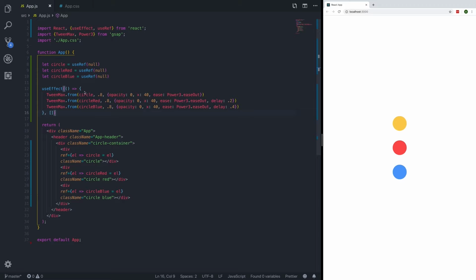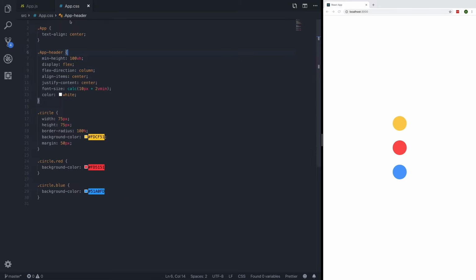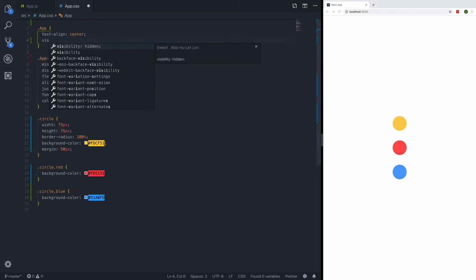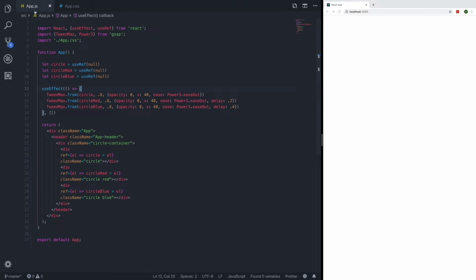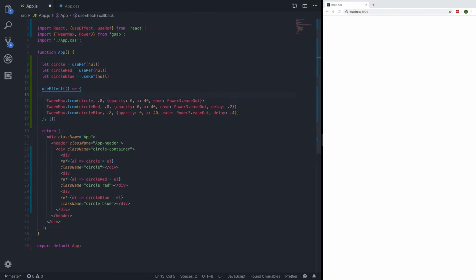So what we could do is set the class name of app, which is our parent. We could set this to a visibility of hidden in CSS, and then in our useEffect, which means every single DOM element's loaded, we can then set the visibility of this app to visible, and that way we won't really get this little flash. So if we go ahead and go into CSS, we could do visibility hidden, save this. This will go ahead and just hide everything, and then in our useEffect, we could write